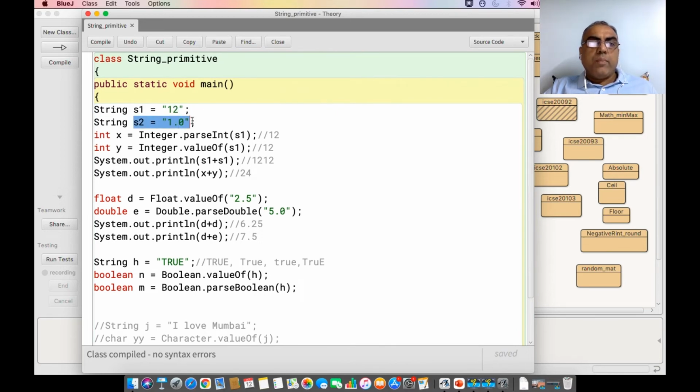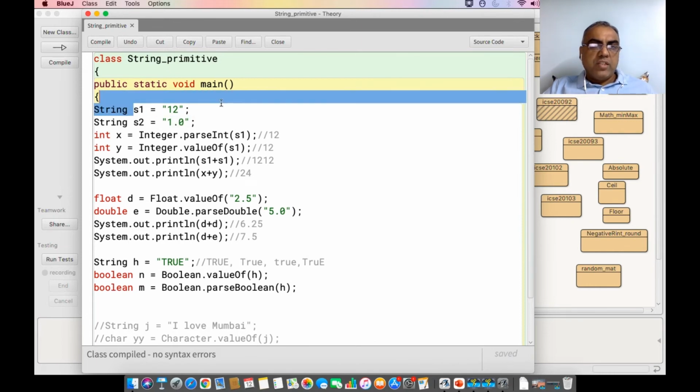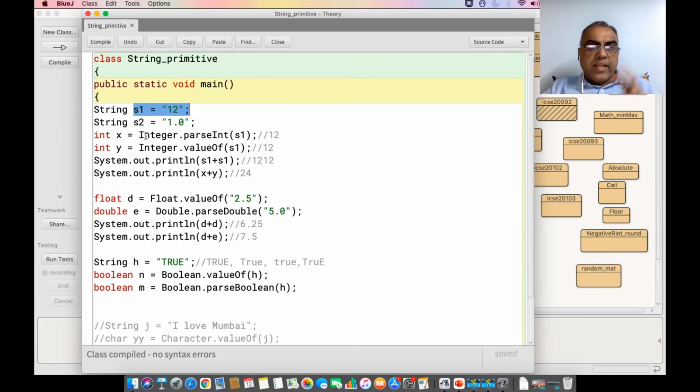Now both ways I can do it. One, int x equal to Integer.parseInt(s1), which is going to convert the string 12 into an integer 12. Similarly, the other method is int y equal to Integer.valueOf(s1). s1 is still 12, so this converts the string 12 into integer 12. So I have integer 12 in x and in y, but my s1 is still a string.